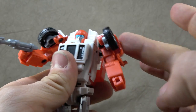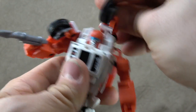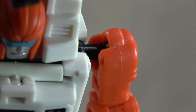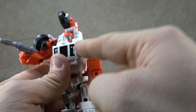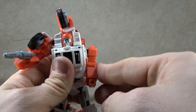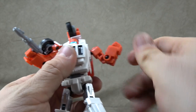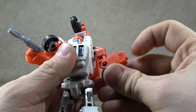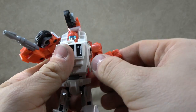These kind of work similar to an SH Figuarts, except Figuarts would have had them on the shoulder, which would have been better. Another stress mark right there. But what you do is you use this ball peg here that's attached at a hinge at the chest, which gets you the articulation all the way up to there, down to there, and then you use the ball peg to get the swivel, bicep swivel, single jointed elbow that's well sculpted that gets you a little bit past 90 degrees, a slight wrist hinge, I guess I should have mentioned that on Gears, nose swivel, which it should have,